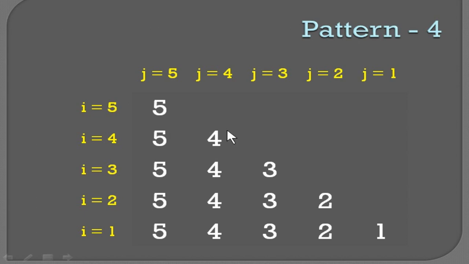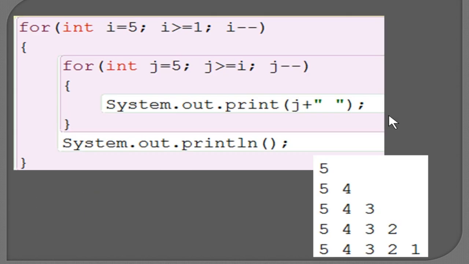So it is changing. So you have to end it with the value of i. Okay, so now you can see the program. Both the loops are decreasing. So 5 greater than or equal to 1, i minus minus. Inner loop, it is again j equal to 5, because you are going to start with 5 and end it with the i value. So the first time both the i and j values are the same, so it will print only once and it will print 5. So it goes on down, and you will get the pattern.